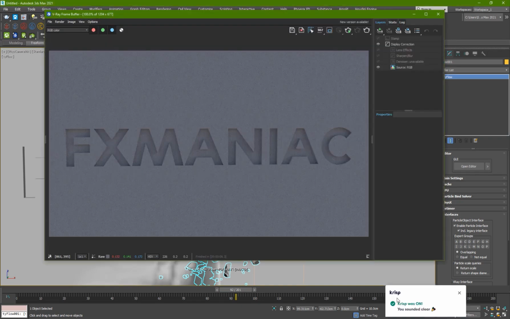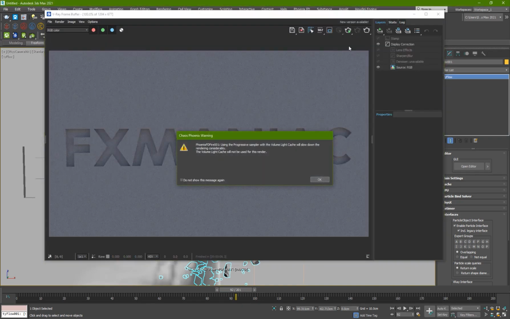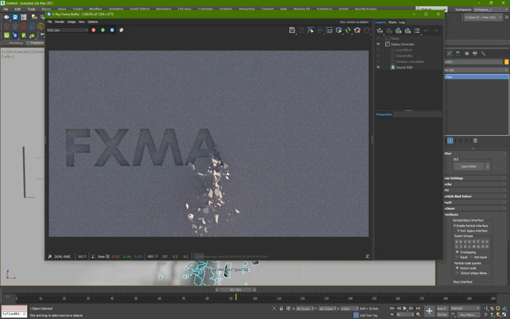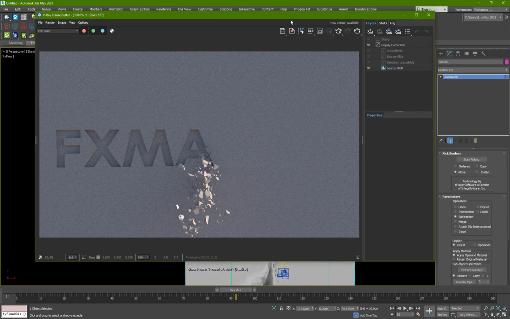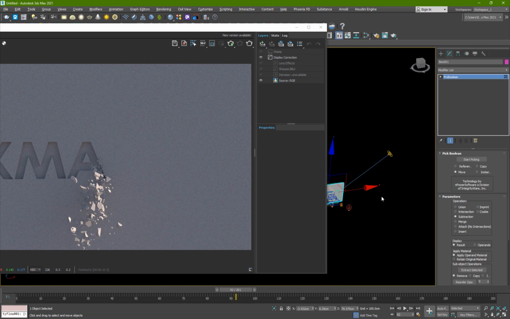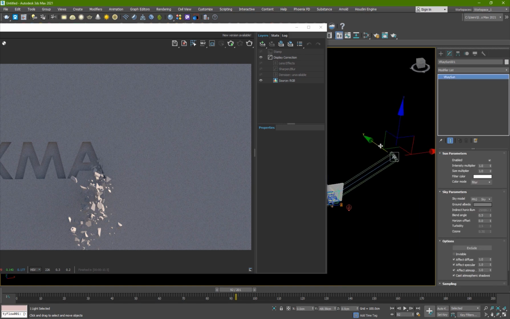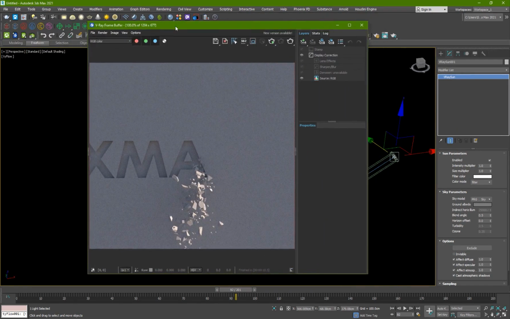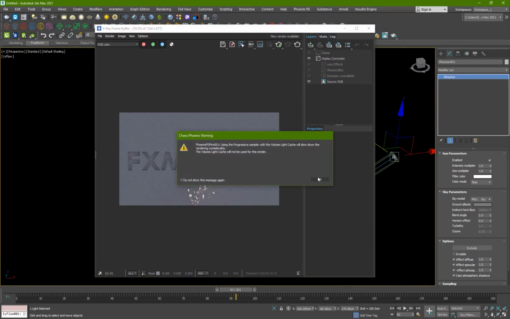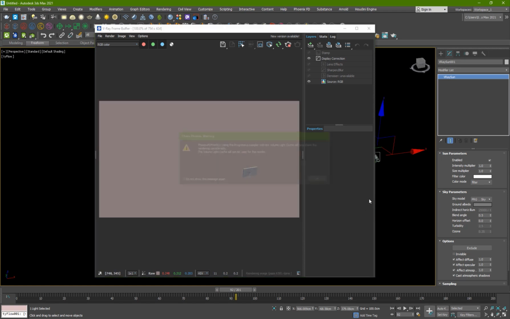So if I go back here and have the progressive render of V-Ray, you will see that we have the pieces, but they're not casting a shadow because of the position of the light. So what I'll do is I'll stop this. I'll go back to perspective view, and I'll make sure the light is facing this direction. So I'll make this small, just like that. And now you will see that the light is actually